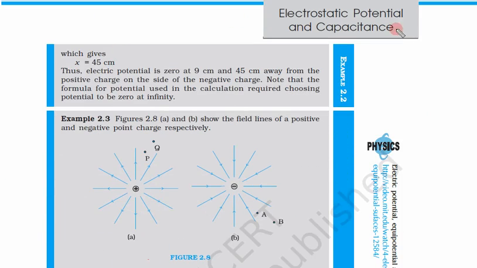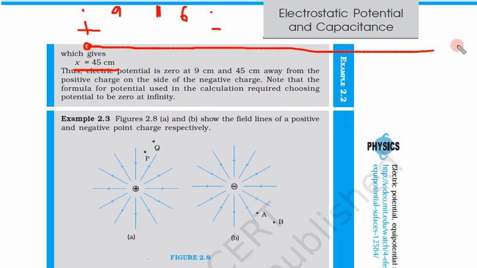So when we solve this case, we will get x is equal to 45. So there are two conditions. If this is a positive charge, this is a negative charge, and the distance between them is 15 centimeter. First condition, we get a point here, 9 centimeter from this, and 6 centimeter from this. In the second case, we get x is equal to 45. That means this was 0 and 45 centimeter like this. So we get a point at 45 centimeter from the positive charge where potential is again 0. So these are the 2 points where potential would be 0.